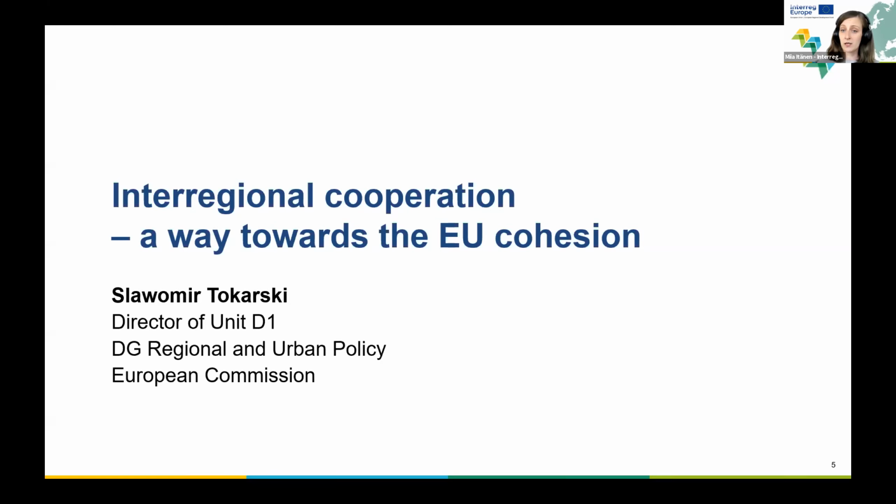speech by Sławomir Tokarski, the Director of Unit D from European Territorial Cooperation Macroregions Interreg Programs Implementation Unit in DG Regional Policy and Urban Policy. As you see, he has a position that allows him to give you an idea of where this fits in a bigger scheme of things. We are just waiting for Sławomir Tokarski to connect, and we'll have him with you in just a couple of